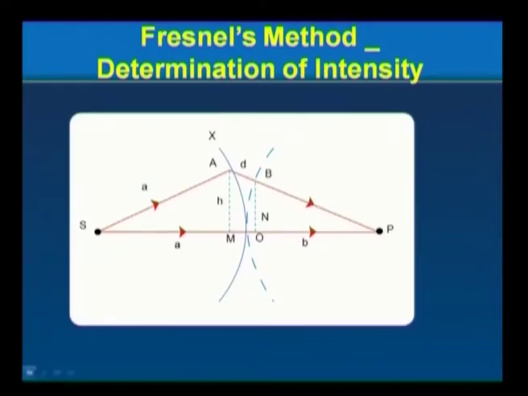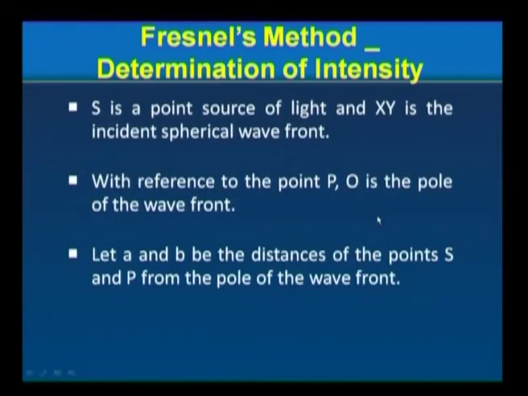And you see in the picture here, S is a point source and P is the point where you want to find the resultant intensity. To find whether you will be having brightness at the point P or darkness at the point P, you have to find out the path difference between the beams. You have got S to P and then S to A to P. You have to essentially find the path difference, and if the path difference is an integral multiple of lambda, as all of you know by now, P will be bright. If it is an odd multiple of lambda by 2, the point P will be dark.